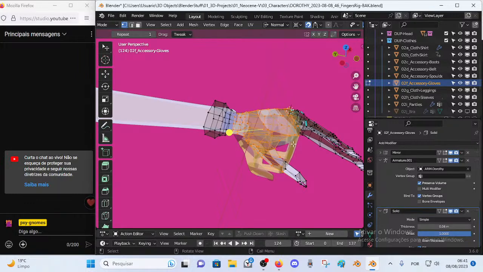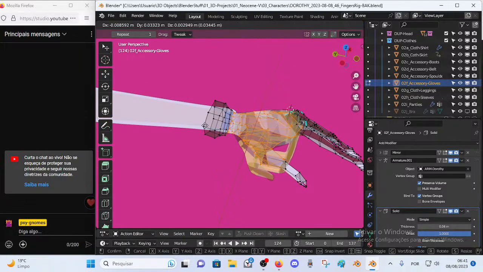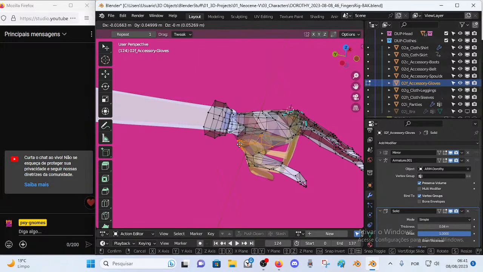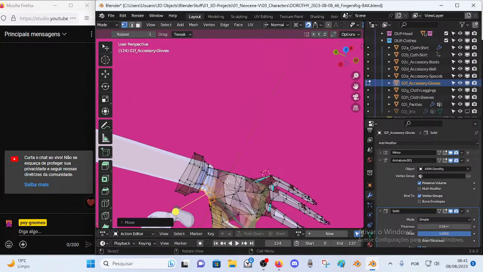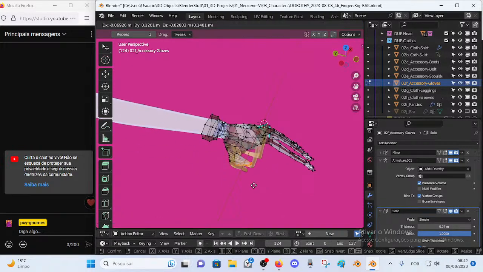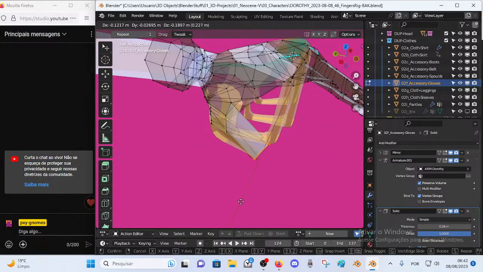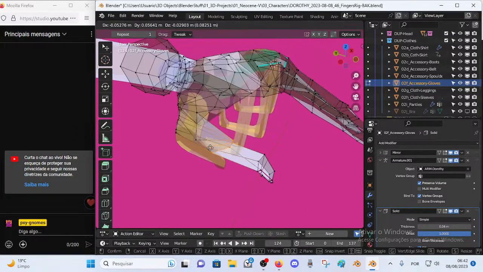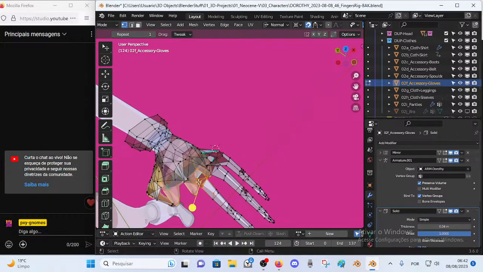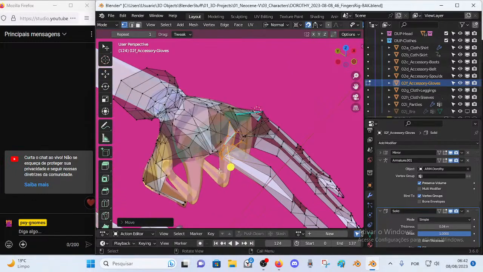But here I'm afraid this technique won't work very well, because now I have to manage to get all these things snapped back to the hand. This will deform this very much. It's going to the wrong fingers. This is probably very difficult to solve, unlike the sleeves. Probably this is not going to work very well. Yeah, too risky, it all gets messed up. Too much for Blender to be smart about all this